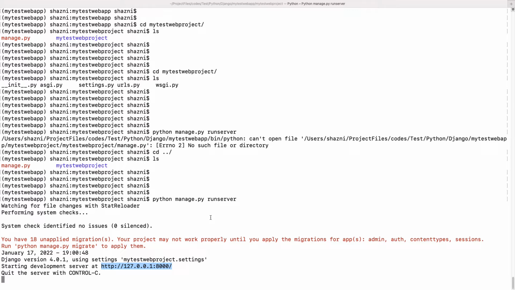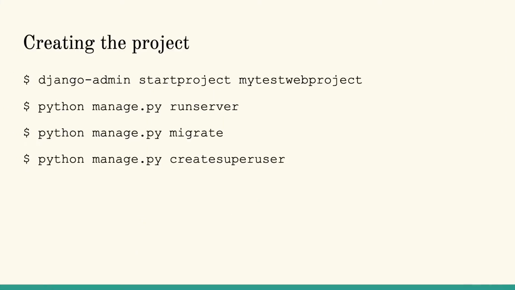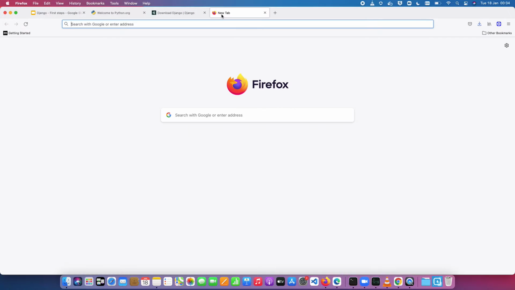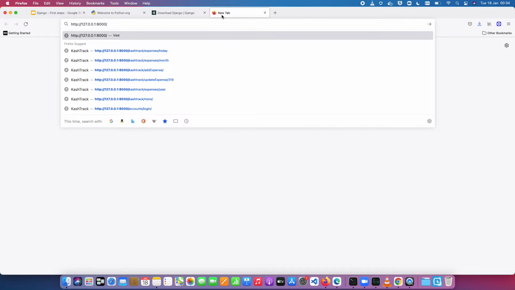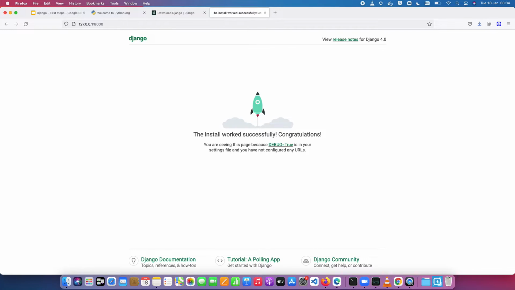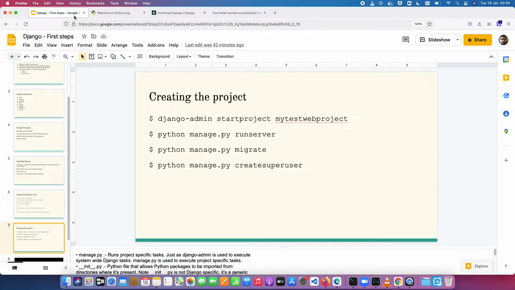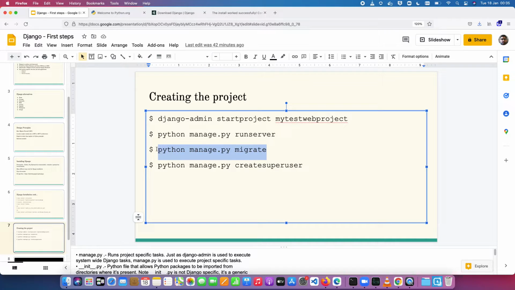Okay, let's open up the browser and then use our URL, and voila, so the install worked successfully, and congratulations. If you see this thing, we have done everything right. And so yeah, that's all that we got on starting off a project, but there are a little more things that you can do. Yeah, so as I said, you can use this python manage.py migrate